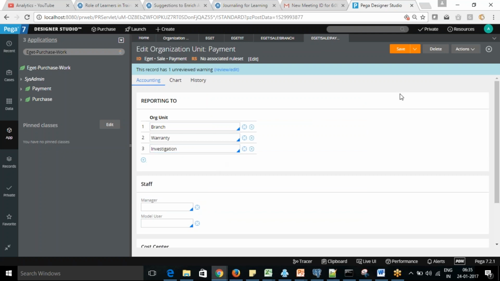Mukesh, Sakib, one question here. The chart, where did you open that from? I didn't follow that. The first tab, the organization. There are two ways to get it displayed. Okay.